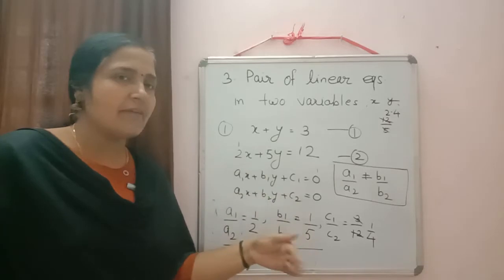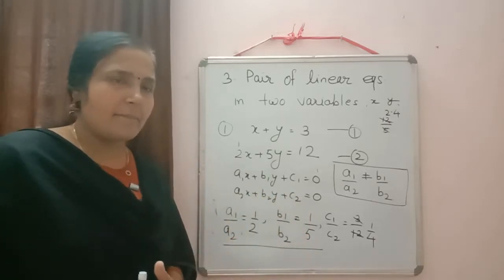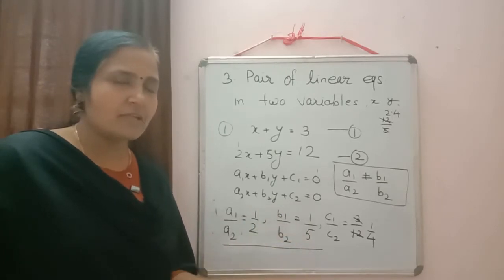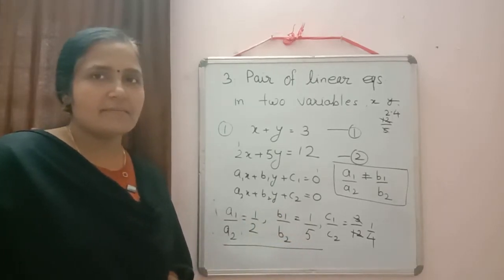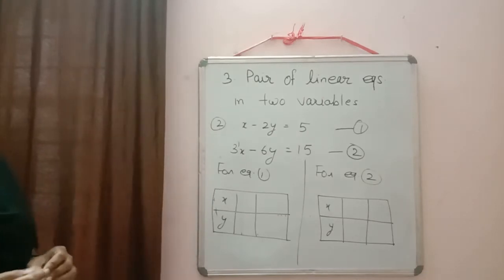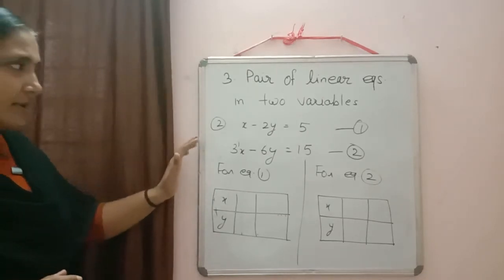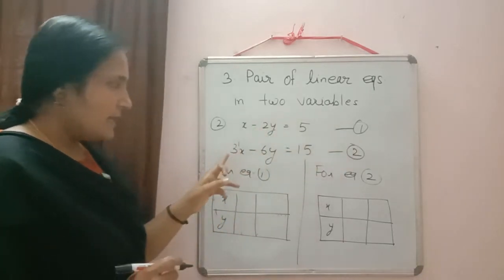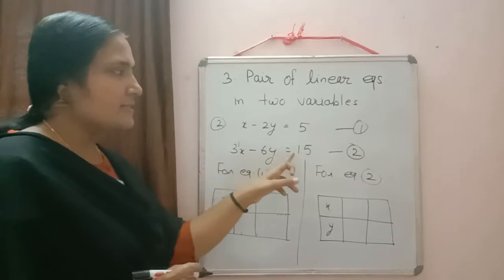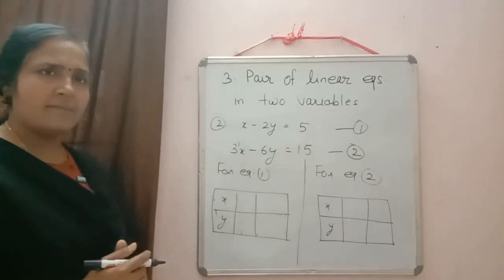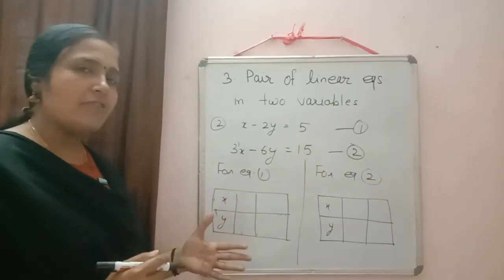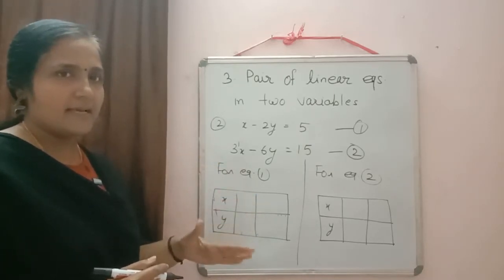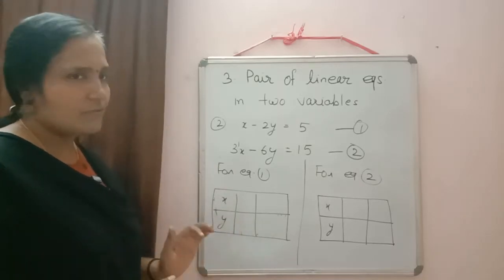First we are discussing everything with the help of example. So till here all have written. Okay, so now we will move to the next equation. Now we are going to draw the graph for the next question, that is x minus 2y is equal to 5, equation 1, and second equation is 3x minus 6y is equal to 15. All of you do with me. Draw the graph also with me only. Otherwise don't simply look at the video classes there. When I am doing the sums, you also do with me.